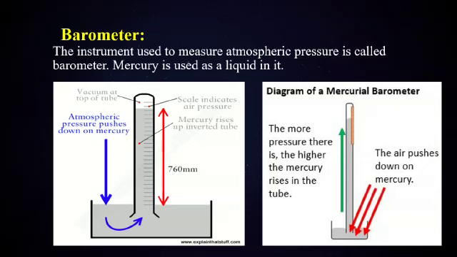In Karachi it will be different, in Lahore it will be different, and in the northern areas where the height is very much higher compared to sea level, you will see that the pressure will decrease due to less atmospheric pressure. In the second diagram, as you can see, the more pressure there is, the higher the mercury rises in the tube. The air pushes down on mercury. So with these figures, it is very clear that this simple instrument can help you in determining the atmospheric pressure